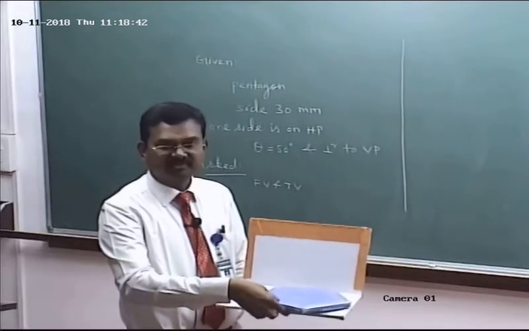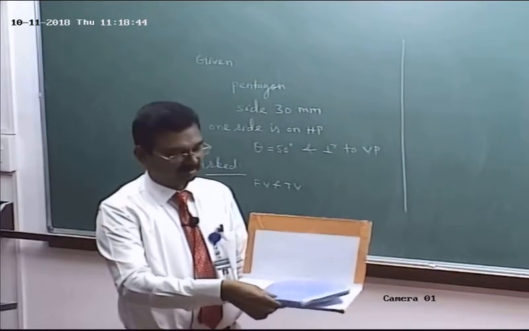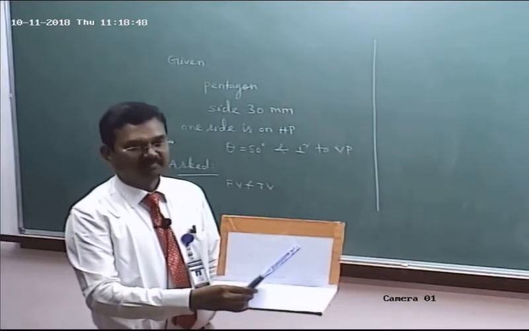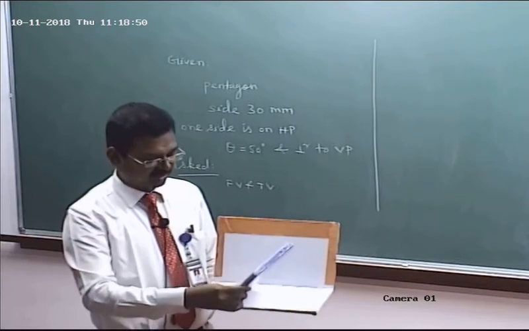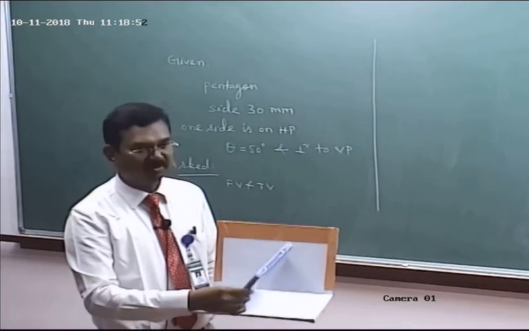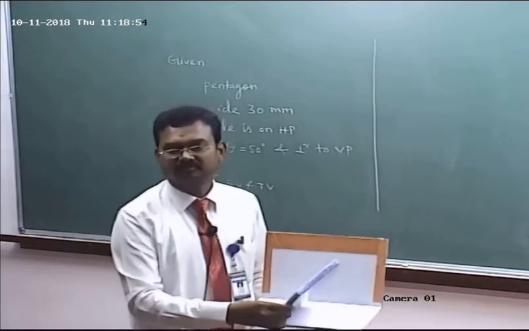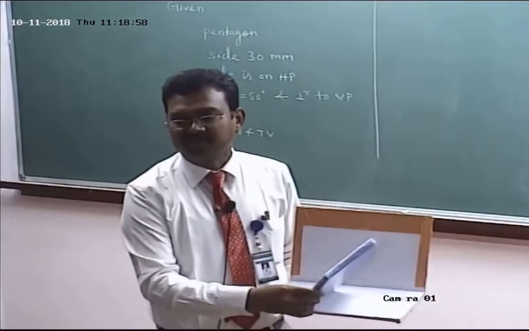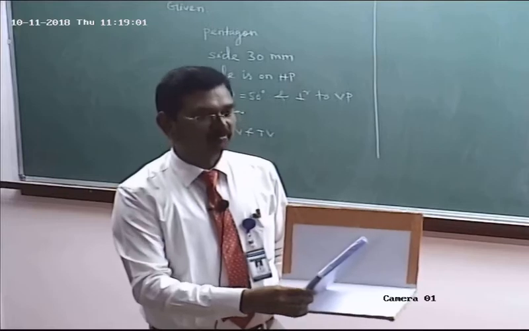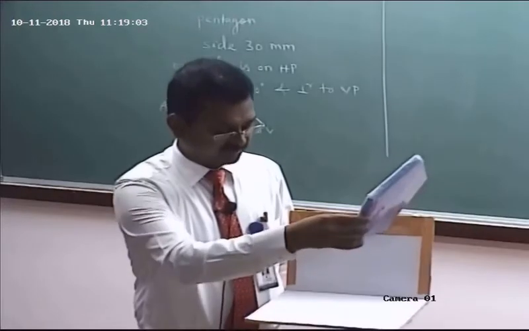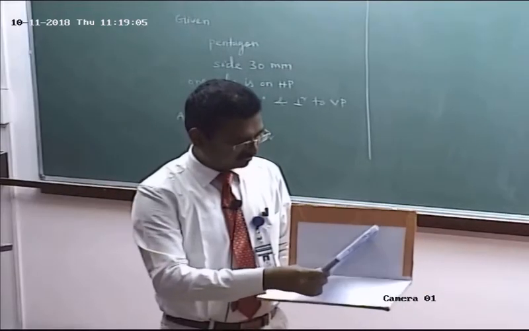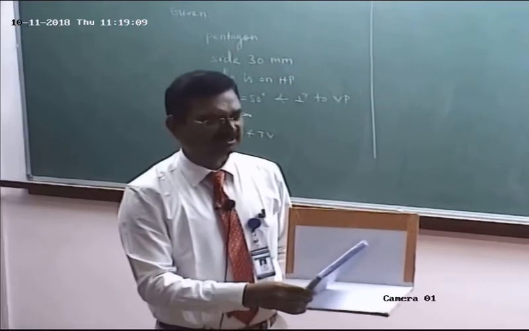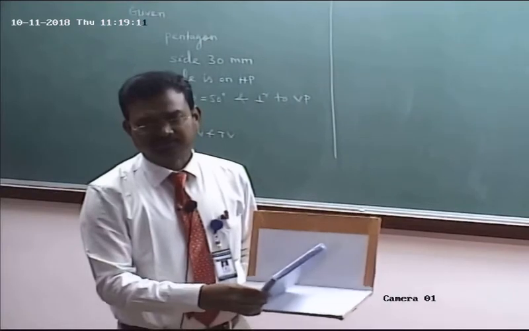Now the plane surface makes the angle 0 degrees. Tilt it. The plane surface makes the angle 50 degrees. Now the plane surface is inclined at an angle 50 degrees to HP and perpendicular to VP. This is the given position. For this condition, we have to draw front view and top view. When the plane surface is inclined to HP and perpendicular to VP, the solution is obtained in two steps. So we have to use 2 steps.